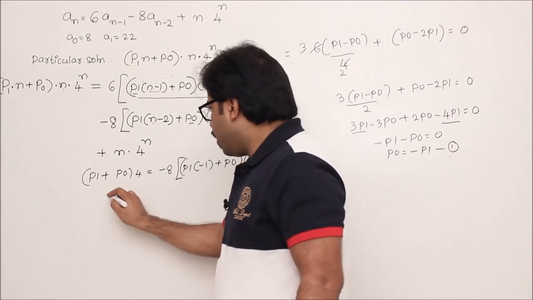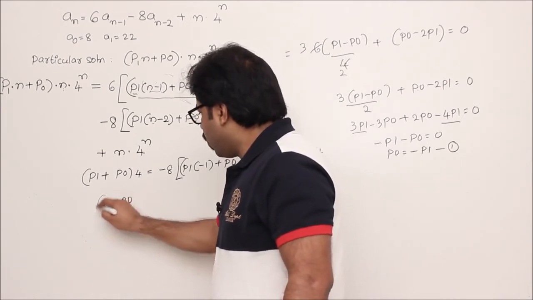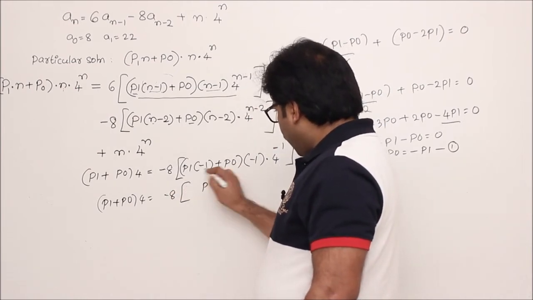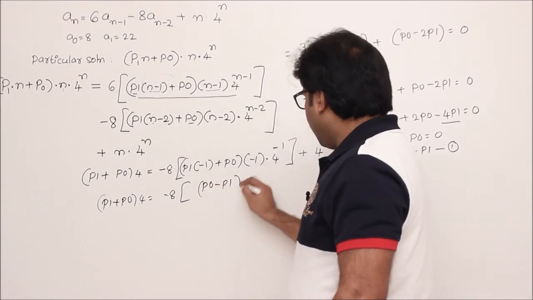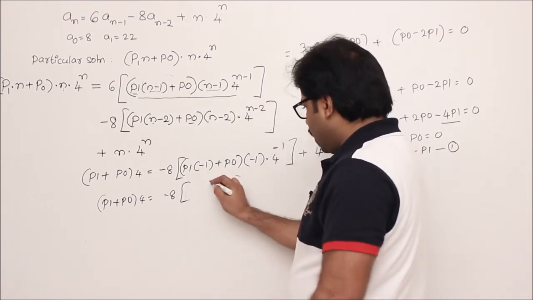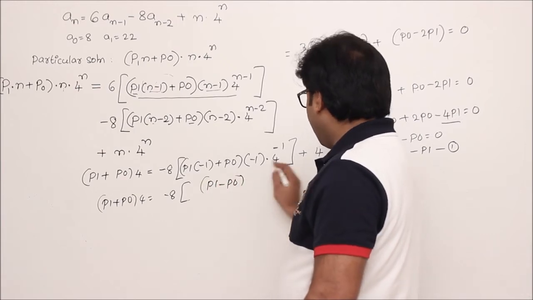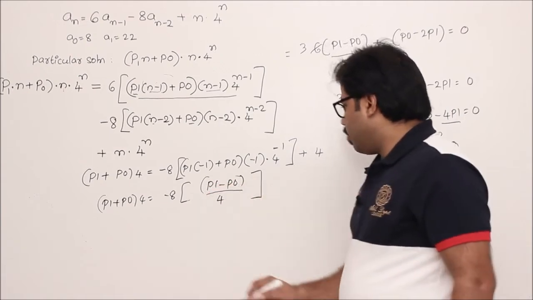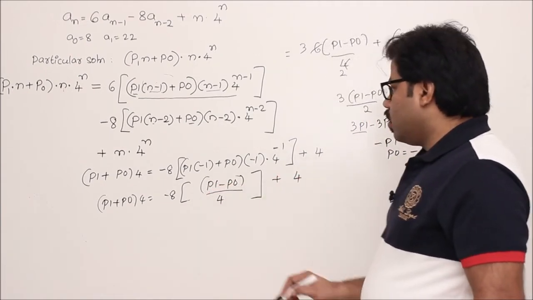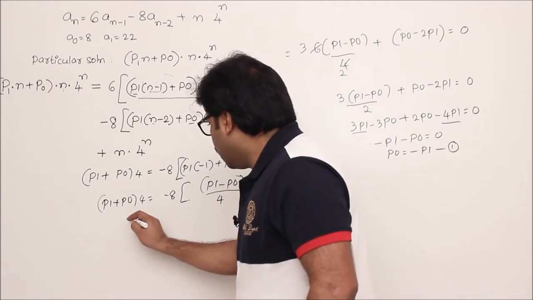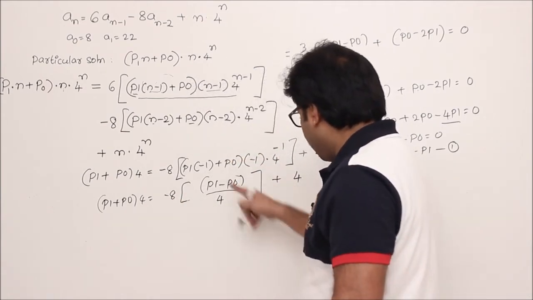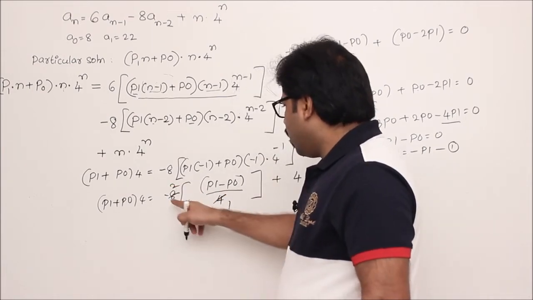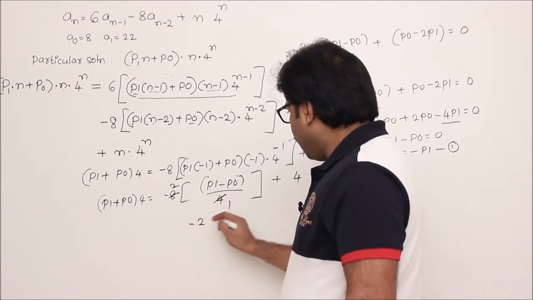So if you simplify it, you get P1 plus P naught into 4 equal to, let's do it here, minus 8 into, is it not P naught minus P1? Yes, P naught minus P1 into minus 1. P naught minus P1 into minus 1 is P1 minus P naught into 4 power minus 1. 4 power minus 1 is by 4, correct? Yes, so this entire thing by 4 plus 4. So if you simplify it, then what happens? So here what I can do is, this area I will simplify first. So minus, I can cancel like this, 4 1s are 4, 2s are 8. Then you get minus 2 into P1 minus P naught